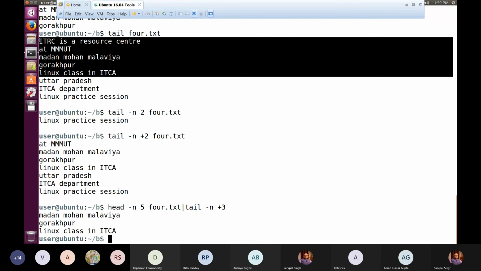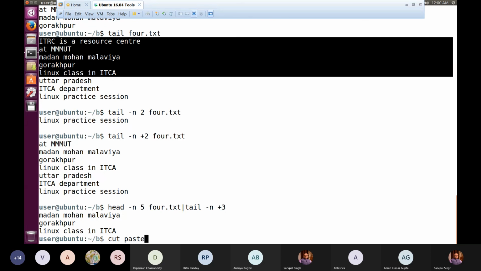So we have head, we have tail. For whatever selections we make using head or tail, we are always treating or selecting the lines horizontally. But later on, we'll discuss the commands cut and paste, which can make the content selection vertically. Till now we are interested only in cutting the contents from line number 3 to line number 5. We are not bothering about vertical